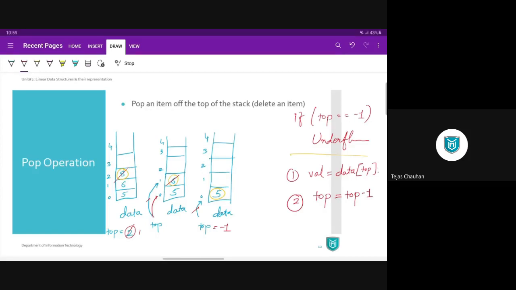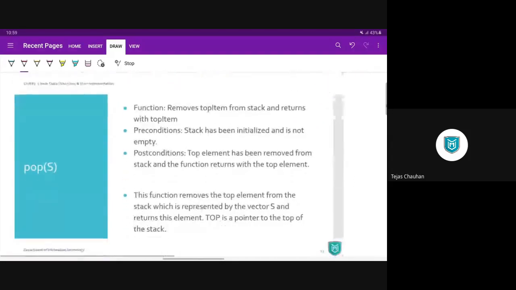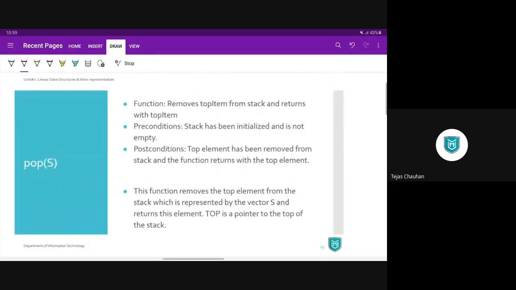Well, let's go now. Let's have a look at the process and the algorithm of the pop operation. If you want to delete a value, it is called a pop operation, and in your code you are going to create a function.